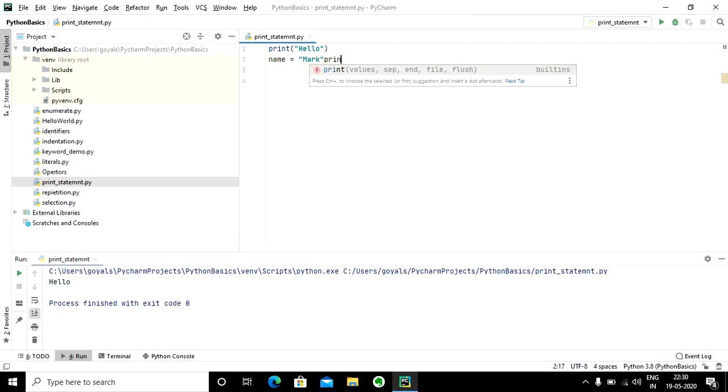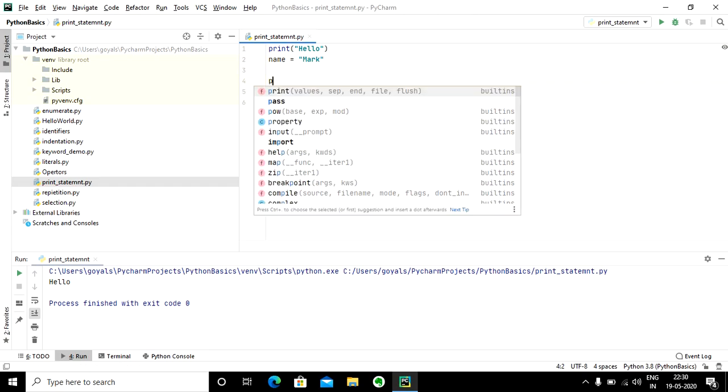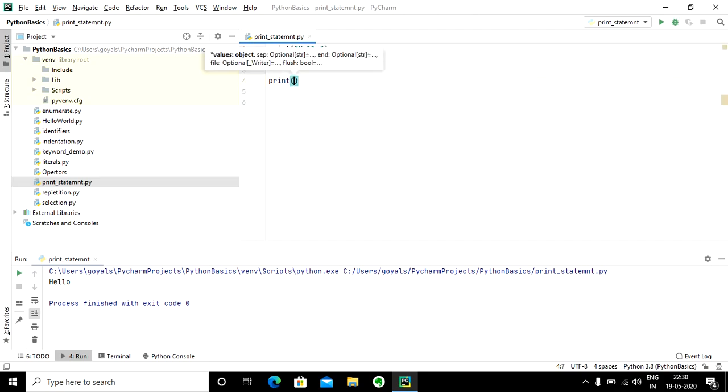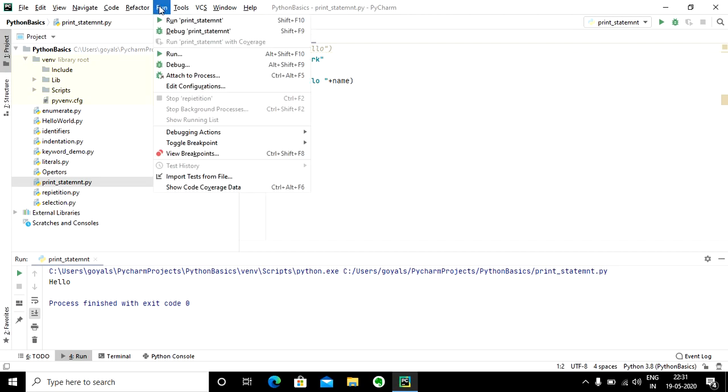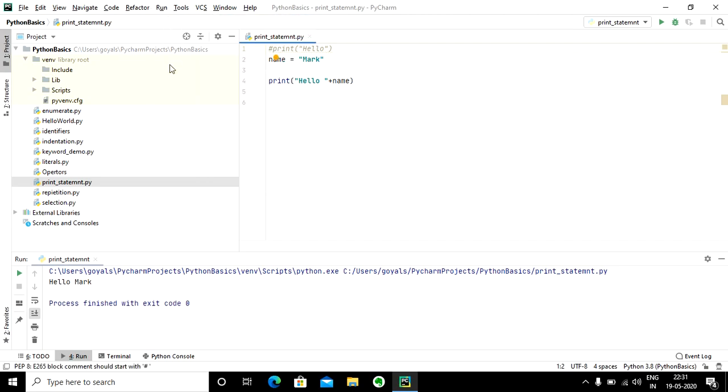So let me just type like this: print, and I'll use hello, and let me give a space here and then name. So I'm just commenting this statement out. And what is going to be the output? Output would be hello Mark.